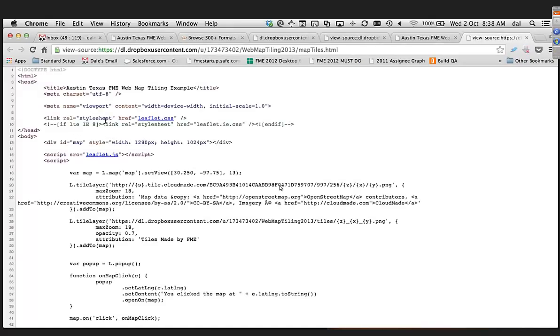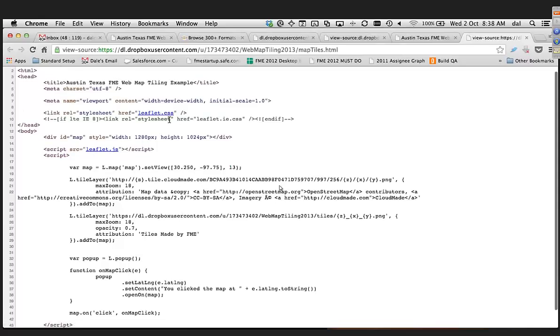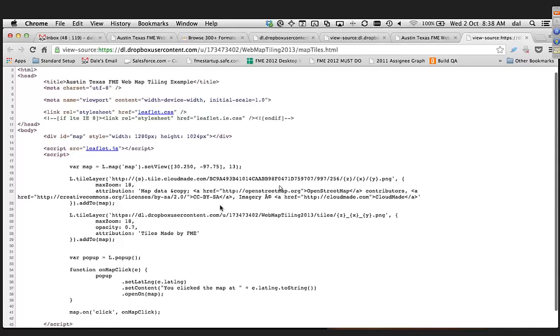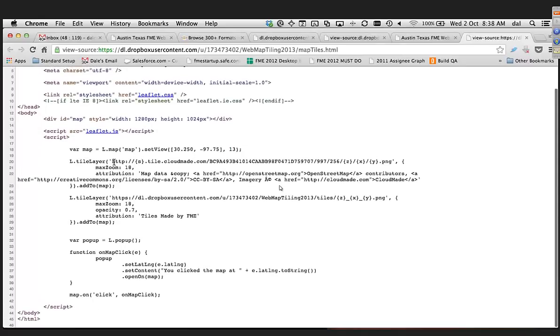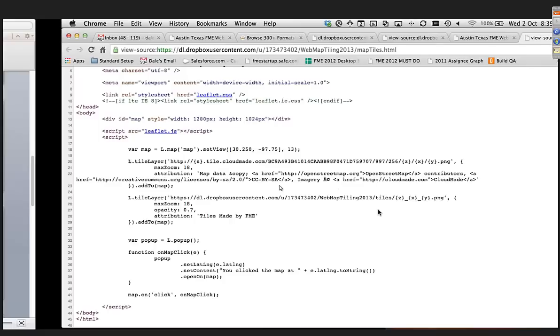So I just went to leaflet.js, and I copied their stuff locally into my own website. Then all you do is tell Leaflet, here's the base map, which is actually not a Google map, it's a cloud-made map, but a Google map would work too. And down here is where my web map tiles are living. All I do is give it this template: Z is the zoom level, X and Y are the Google numbers, the convention that we've used for this example.